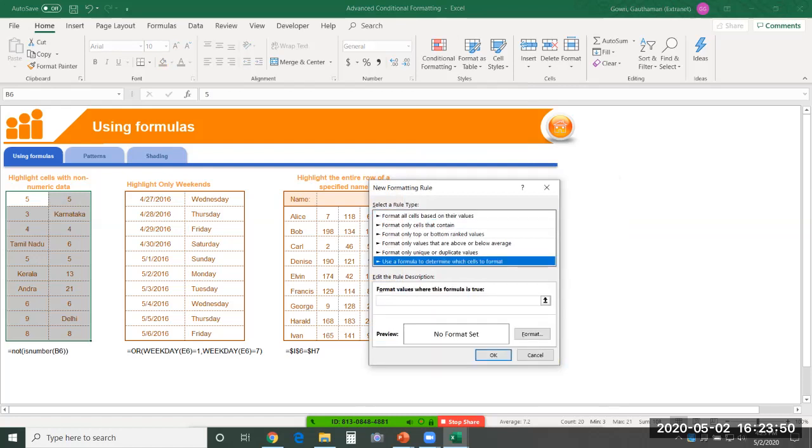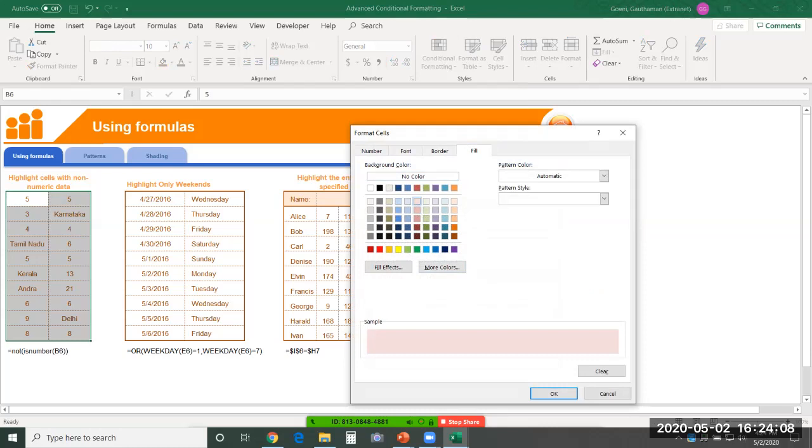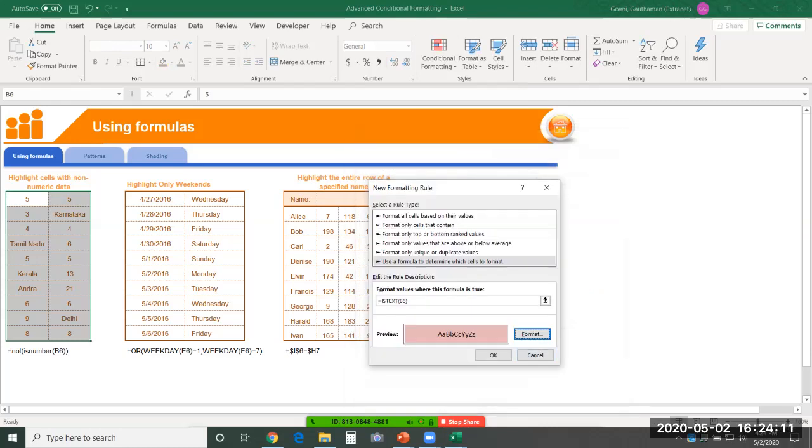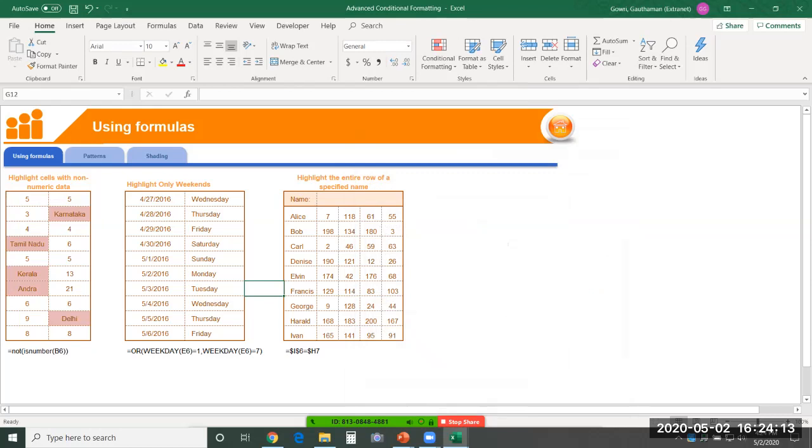See here, I can say is text. So this function will test whether a given cell has got text in it. And if it is true, it will just color it with whatever format you provide. So I'll go here. I want it to be colored in this way, let's say. So you can see here all those cells will be colored. So wherever I give text, it gets colored. See, if I change this to a number, it will remove that formatting. So all these things in detail will be taught to you in conditional formatting.